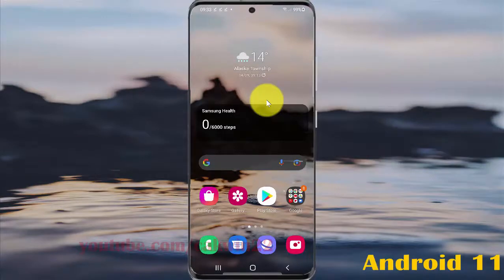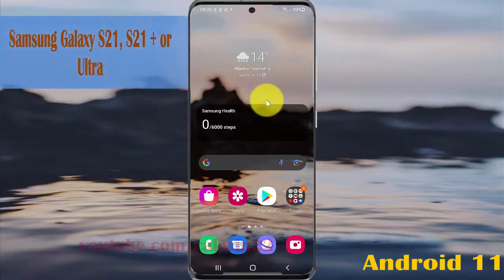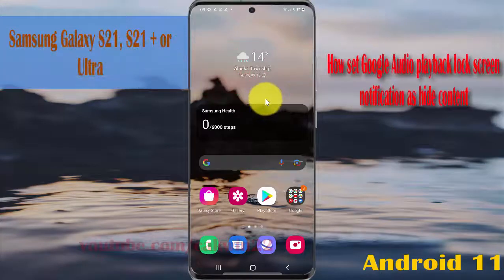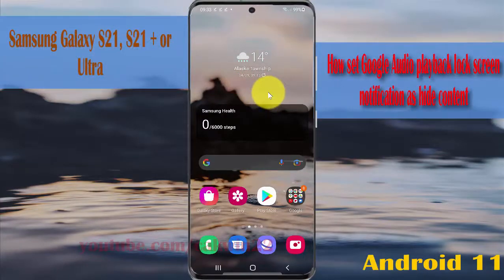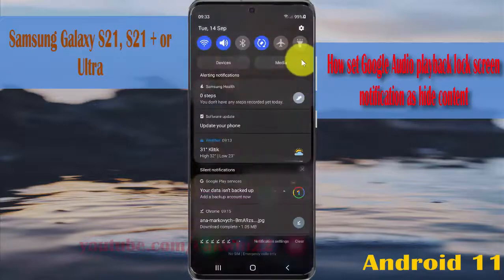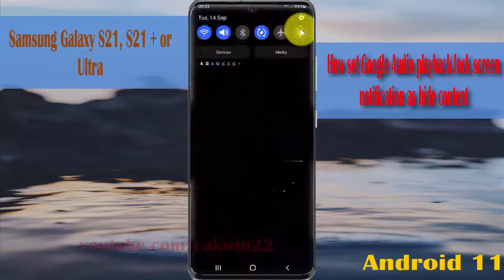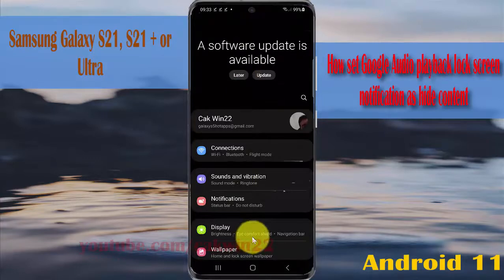To set Google Audio Playback lock screen notification as hide content in Samsung Galaxy S21, S21 Plus or S21 Ultra. Open settings, swipe the notification panel, and then tap settings icon. Scroll down settings screen, find Google,